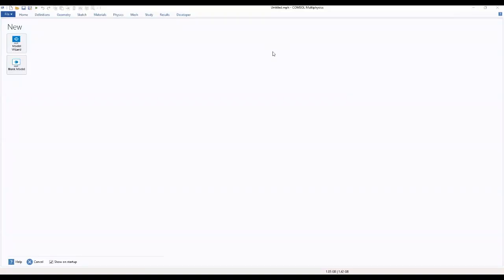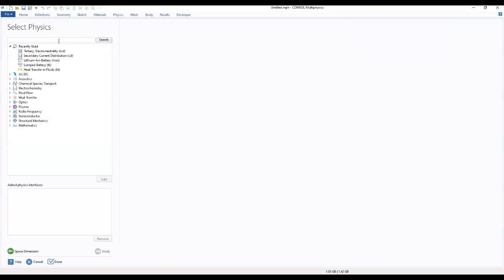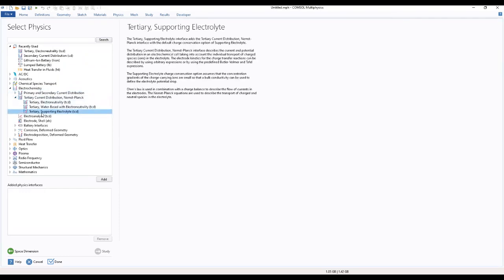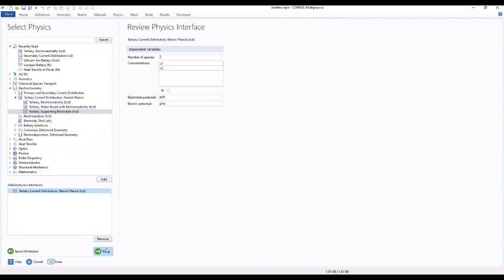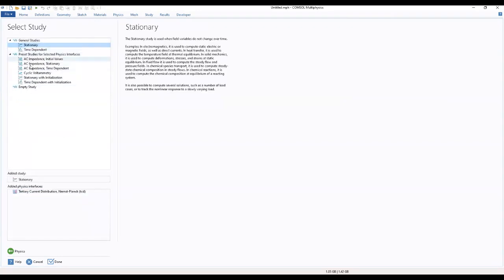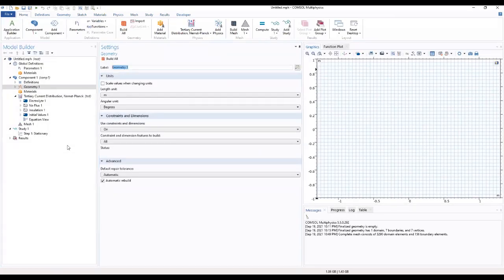We start by going to our model wizard, where we select our space dimension. So we'll be dealing with the tertiary electroneutrality. We go to electrochemistry, tertiary current distribution. So we select this. That's the supporting electrolyte, and we add. Go on to study, where we select stationary, which we go on to add. So this brings us to our COMSOL interface,